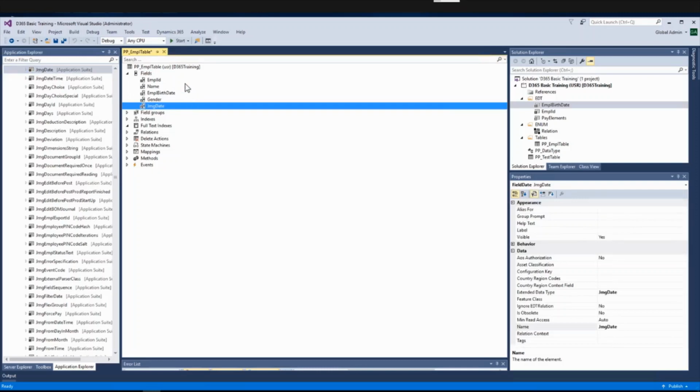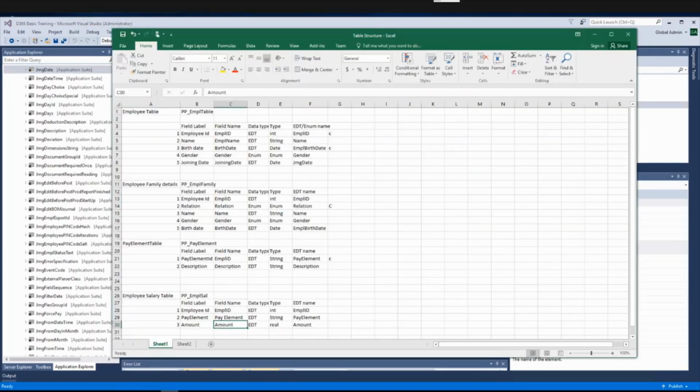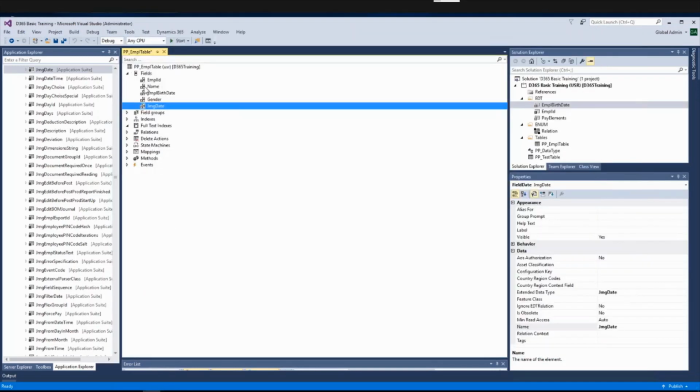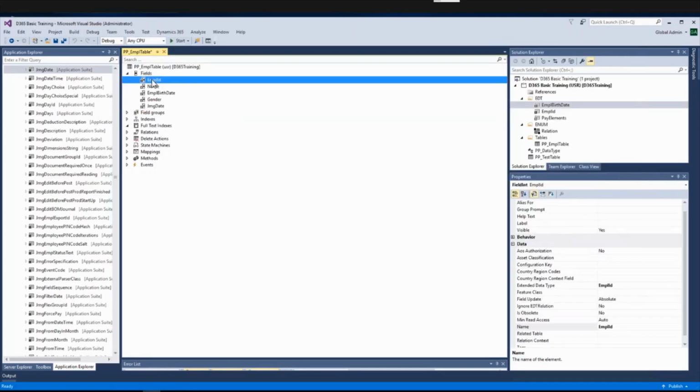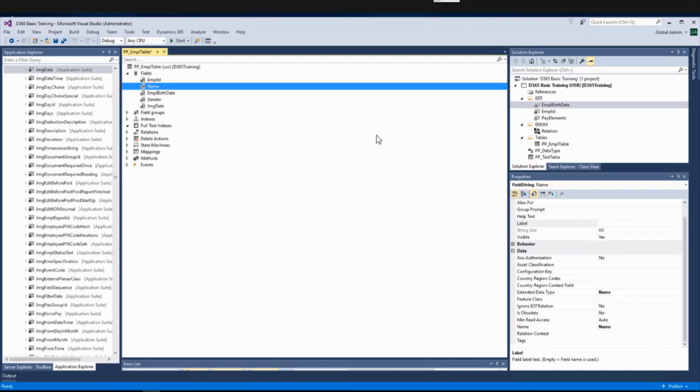We have used these 5 fields. We can name this table also. Rest of the properties we will see in the next class. Today we are going to see only the table creation.